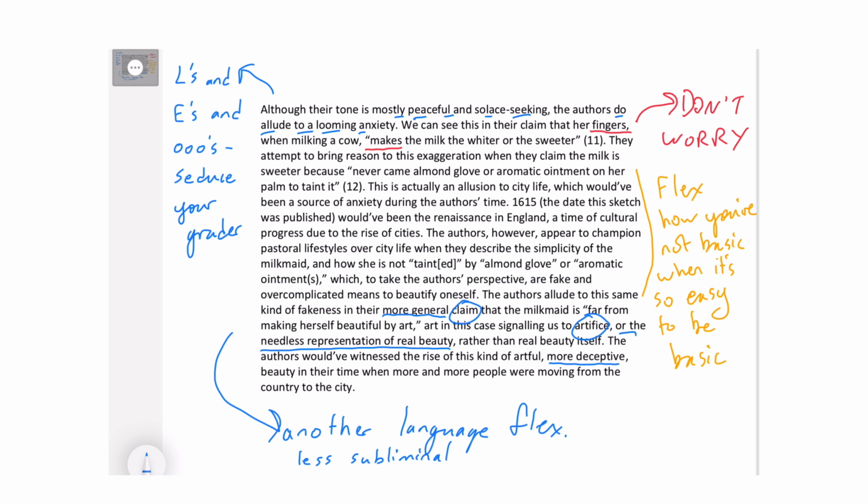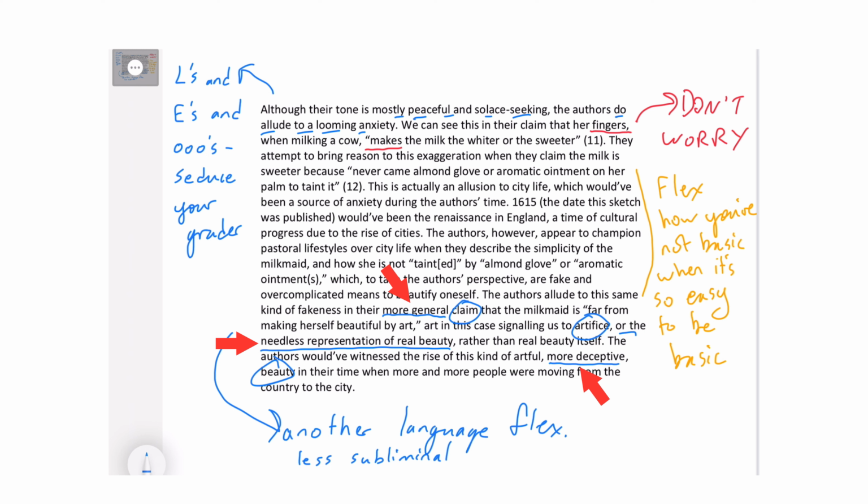Okay, the next thing I've described here in a bit more detail is artifice. I've used an interruption, a full-blown interruption for that one, which is the needless representation of real beauty. And lastly, I have a quick interruption that stands out a bit more than more general claim, which I wrote earlier. And here I'm talking about artful, more deceptive beauty. Beauty is the word I'm describing more here. It's quick, like the first one I said, more general, but it is more interruptive because I've got it between those commas. So I have three different kinds of abstract term descriptors here,